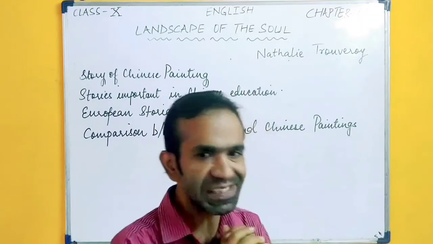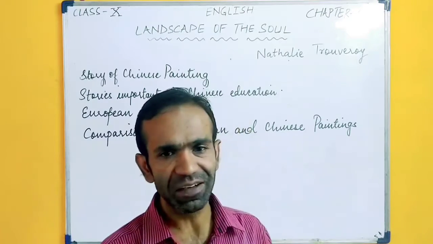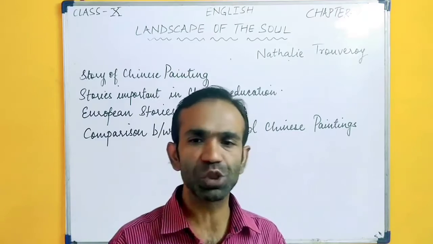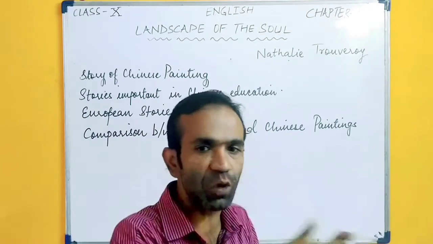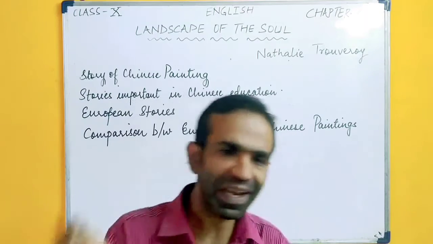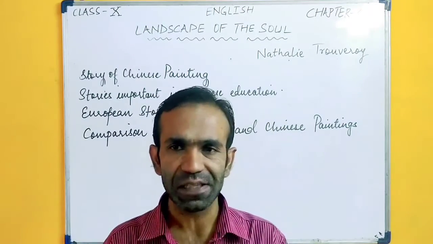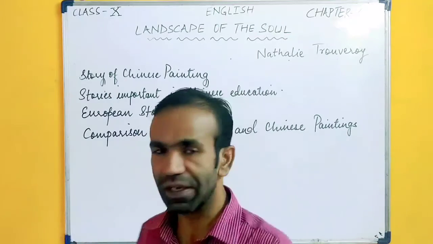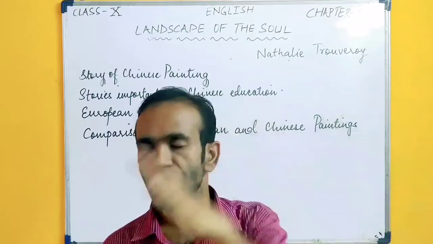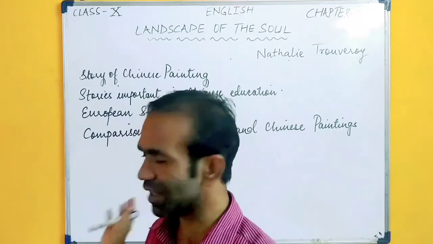A classical Chinese landscape does not reproduce an actual view as a Western figurative painting would do. Okay, the European painter wants you to borrow his eyes and look at the painting through him. The Chinese painting is not so. You can enter it from any point. You can look at the painting in the way you want. So this is the difference actually. The Chinese painting is actually realistic in sense, and the European paintings are imitation. Okay, so we'll continue this chapter in the next